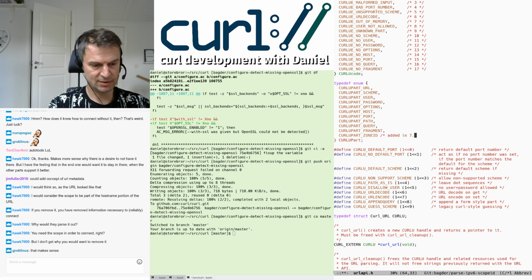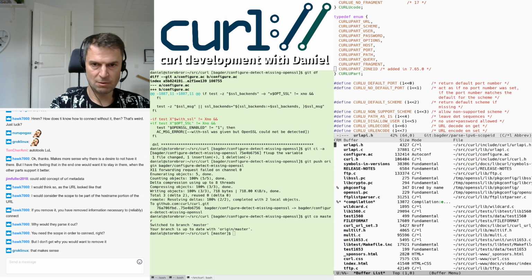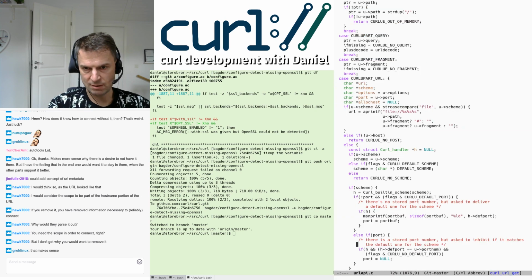Added in 7. Let's consider this a bug fix anyway, so that I can get it into the next version. Because if it's not a bug fix, it's not going in this version. But let's consider it a bug fix, even though it actually changes the API. So if we then offer the zone ID there,